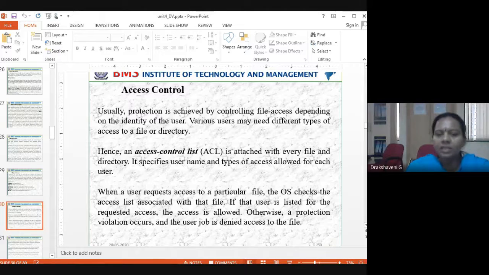It specifies the username and type of access allowed for each user. When a user requests access to a particular file, the operating system checks the access list associated with that file. If that user is listed for the requested access, the access will be allowed. Otherwise, a protection violation occurs and the user job is denied access to the file.